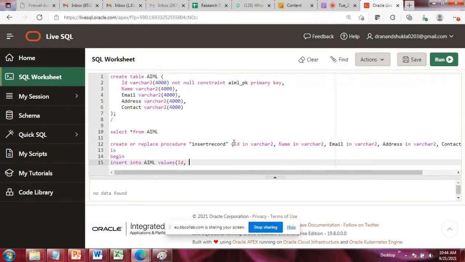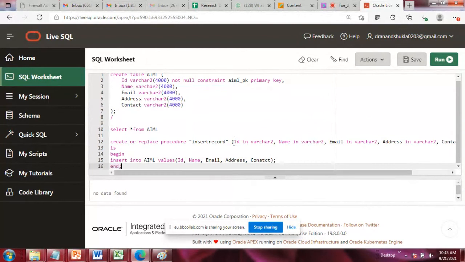The second value that I pass will be taken care of by the name, and the third value is held by the email. The fourth value will be held by the address, and the fifth value will be held by the contact. So these are the five attributes.